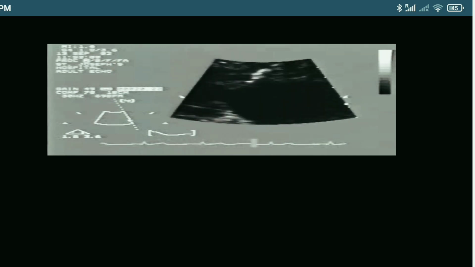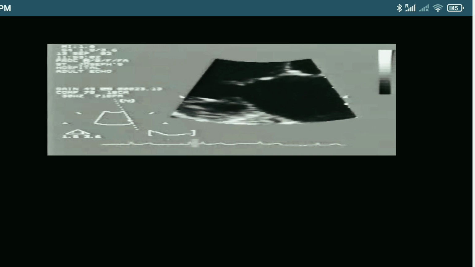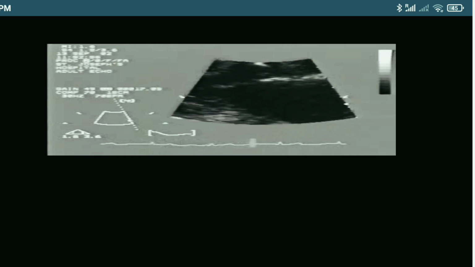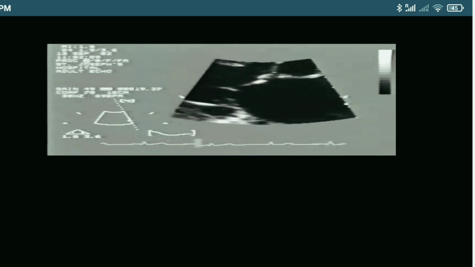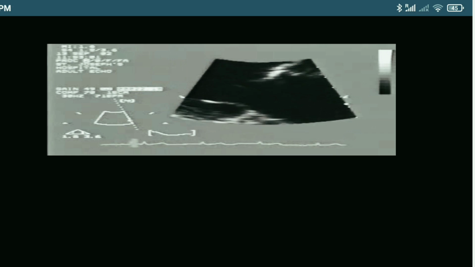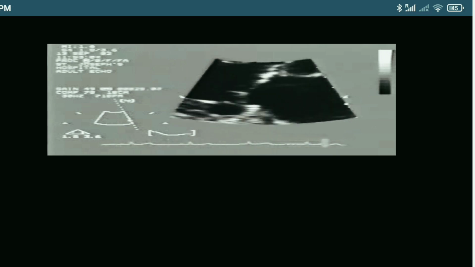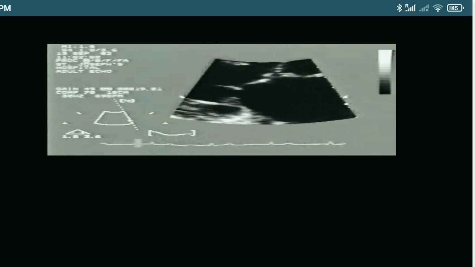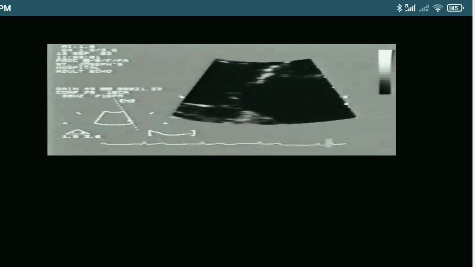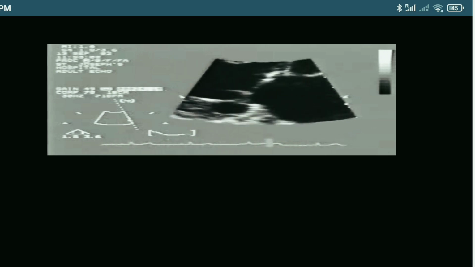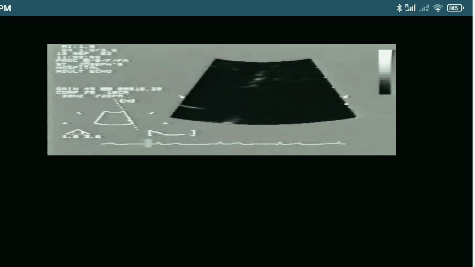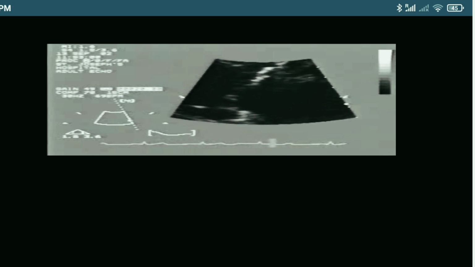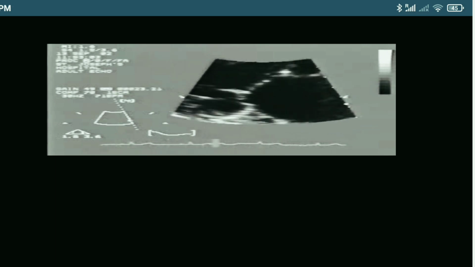A patient with mitral stenosis has a high chance of having atrial fibrillation because of the pressure gradient that can cause dilatation of the left atrium, and the left atrial dilatation can cause the generation of ectopic foci that can lead to atrial fibrillation. So the treatment depends upon the severity of the mitral stenosis, but in general